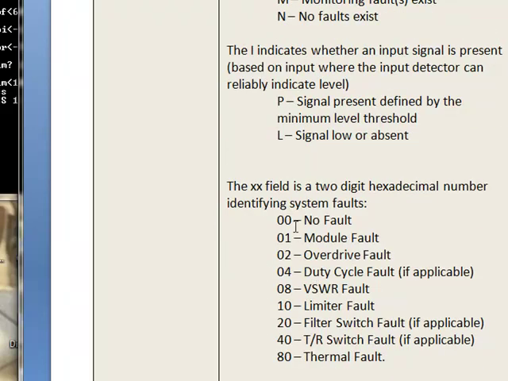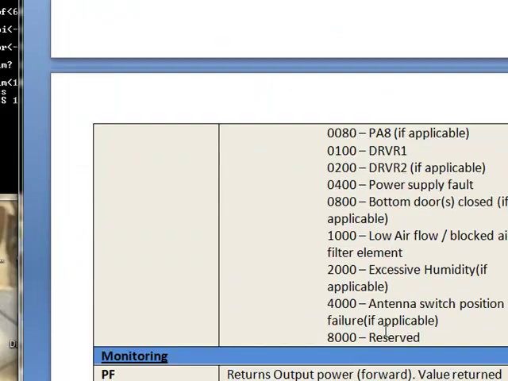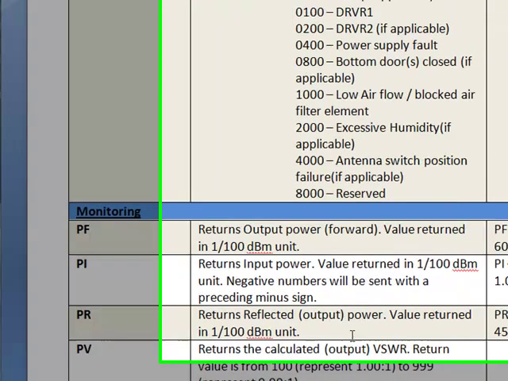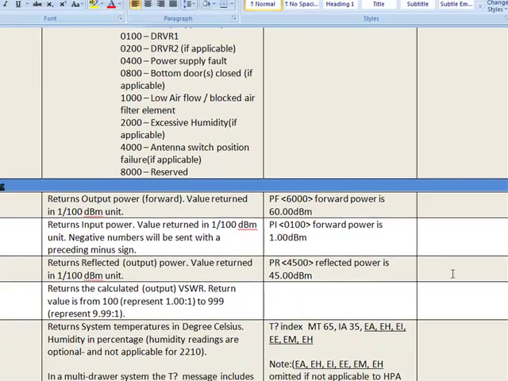And the next field shows a high level module status for the booster. And the last 4 digits break down each individual module within the system as applicable. If we were to take a look at some of the other commands in this document,